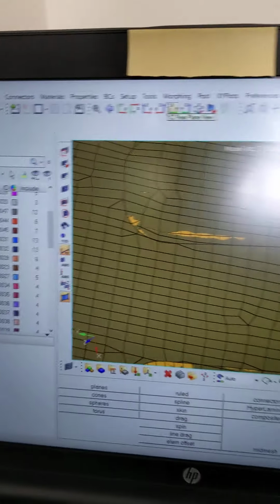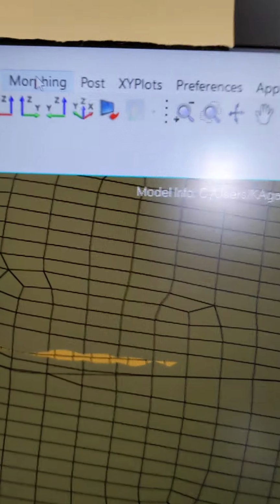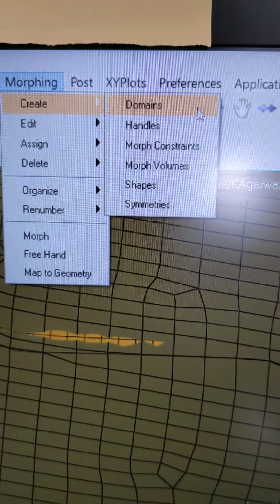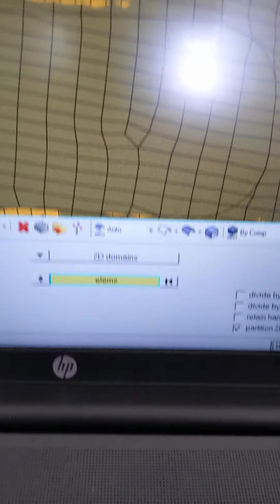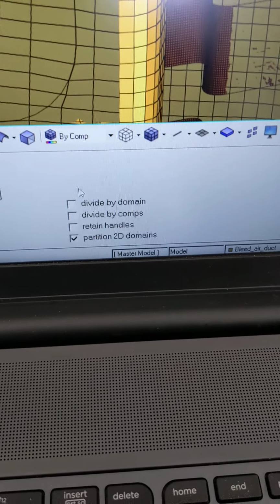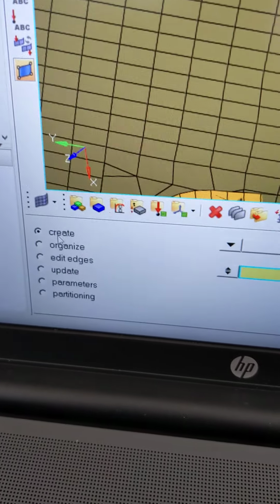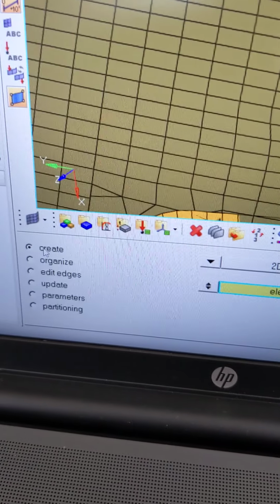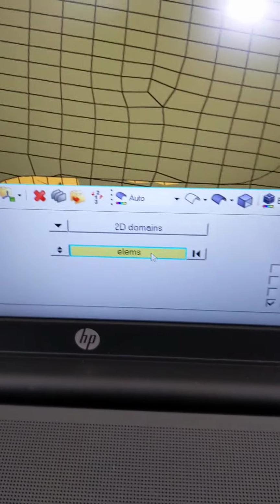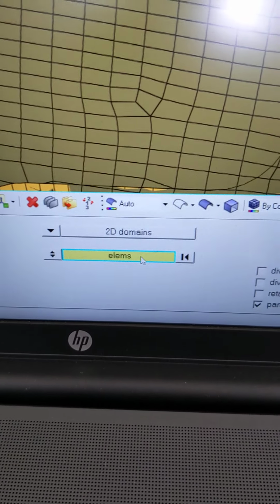So let me demonstrate the procedure for morphing. First you go to morphing and then you click on create and then you go to domains. Okay, and then don't change any of these options, and to the left you have create, organize, etc. Let create be selected, and then you have to select the element that you want to morph or you want